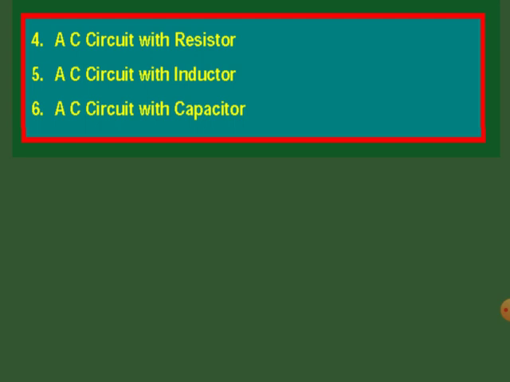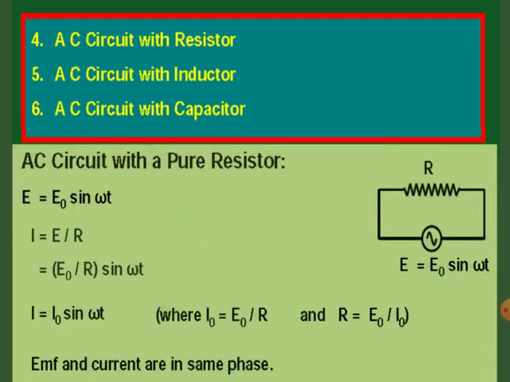Okay, now let's start with the AC circuit with resistor. Now in an AC circuit with a pure resistor, the circuit diagram will be like this, and we know that this represents the resistor and it is connected with the source of EMF, and that source of EMF is AC, and let the instantaneous EMF of this AC source be denoted by E equal to E naught